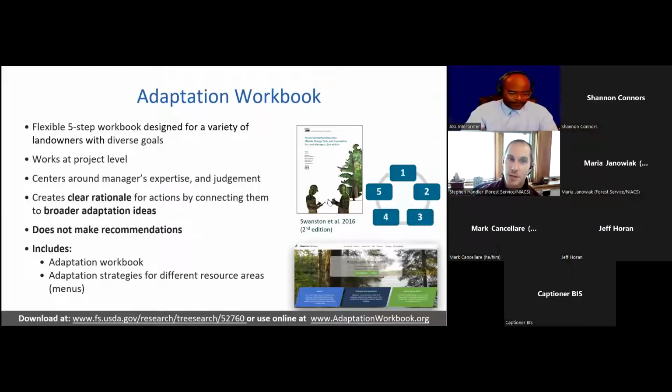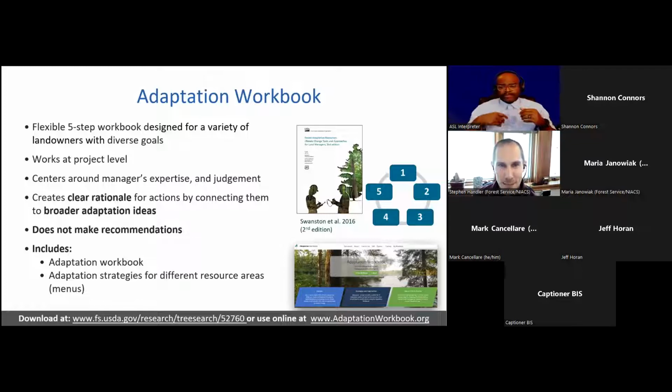And these adaptation menus are useful on their own, just to boost creativity and help with brainstorming. But they're really most valuable when used in concert with a structured adaptation planning process. The planning process that we have developed at NIAX, going back over a decade now, and that we've used in a huge range of contexts, is called the Adaptation Workbook. I'm not going to dwell on this largely here, but I will say that this is a structured adaptation planning process similar to others you might have heard about.